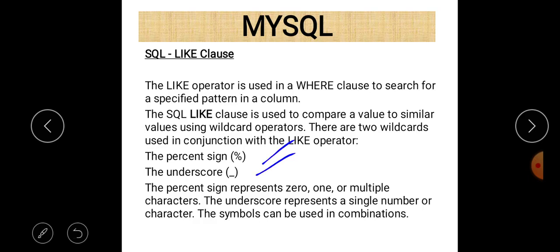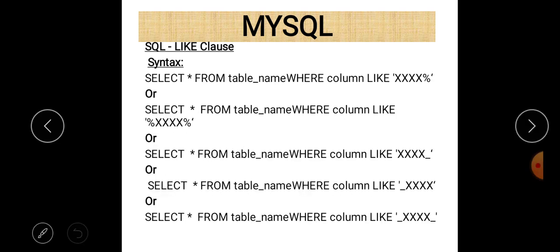The percent sign represents 0, 1 or multiple characters, and the underscore represents a single number or character, and the symbols can be used in combination.